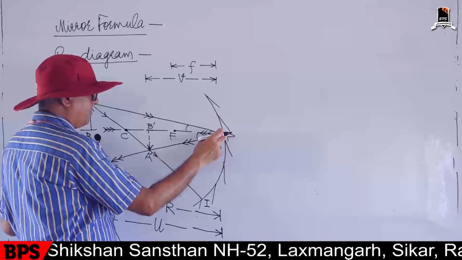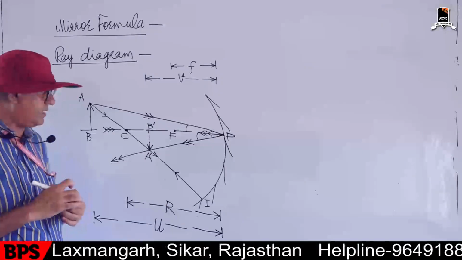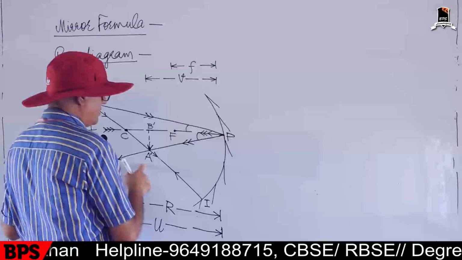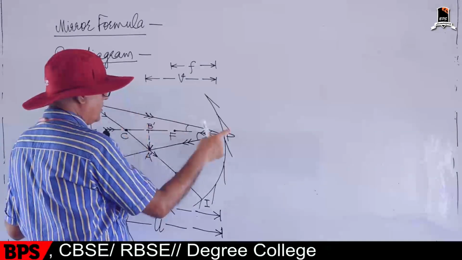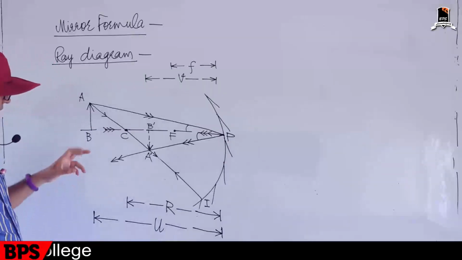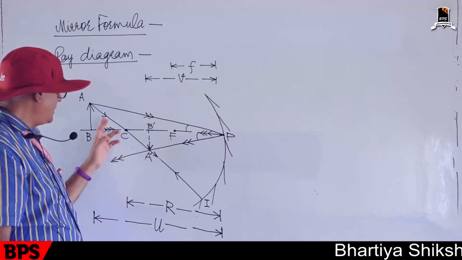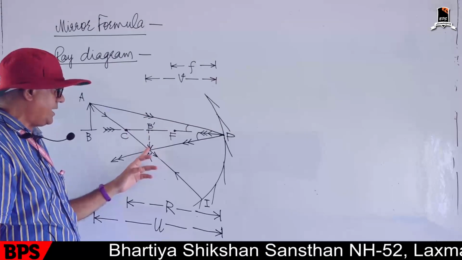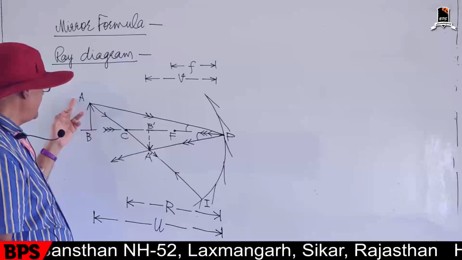So the reflected beam will reflect at the same angle at which it is incident. Let the reflected ray be PA dash. So AP is the second ray incident on the mirror and PA dash is the second reflected ray. These two reflected rays, that is the single arrowed and double arrowed rays, intersect each other at point A dash. So A dash will be the image position of point A.